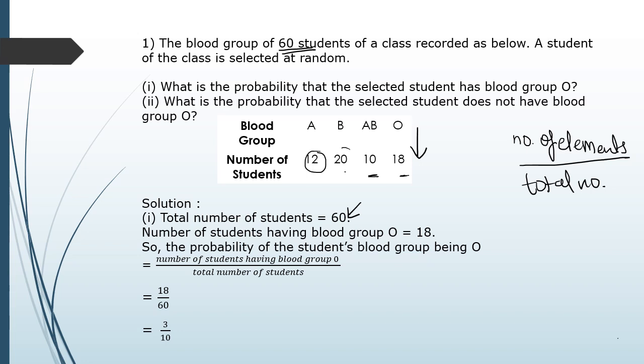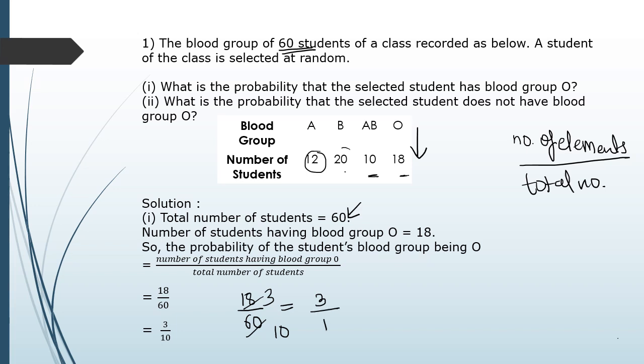So the probability of a student's blood group being O is equal to the number of students having blood group O divided by the total number of students. For blood group O, we have 18 students divided by the total number of students that we have, which is 60. After reducing it, we get